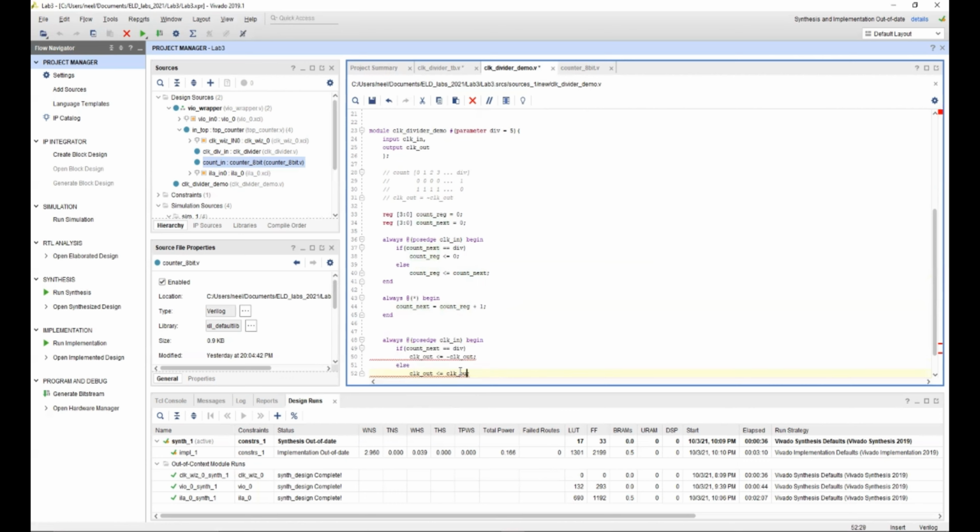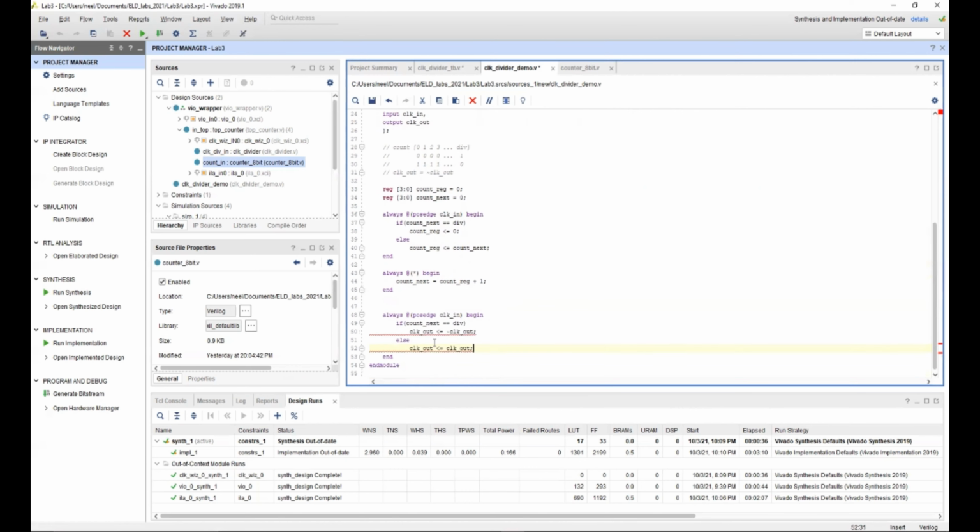You might be seeing a certain error over here. This is because we cannot have wires on the left hand side of any always block. As you can see here, a procedural assignment to a non-register clock out, because clock out is a wire, is not permitted.